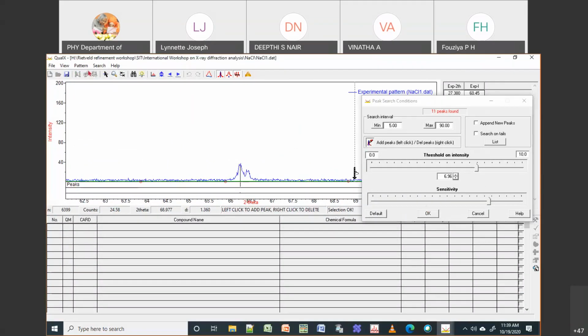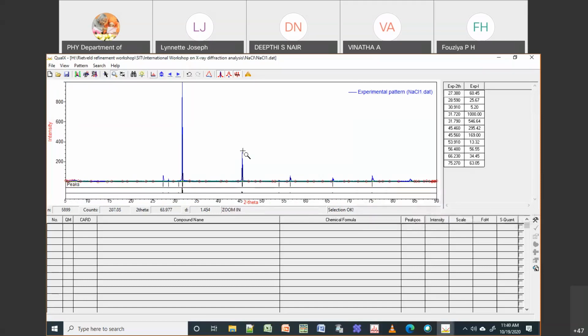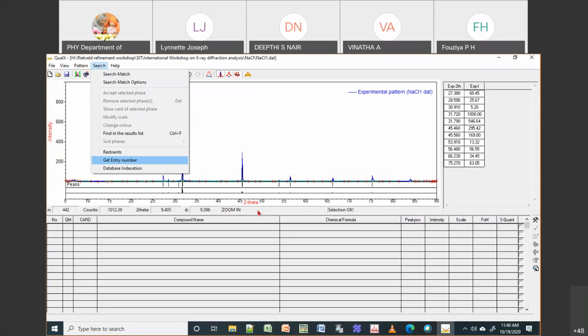As I know it is NaCl, I will do the search with constraints. I have sodium and chlorine in my sample. Then I will go to the search. Now if you see, it has already picked NaCl. I need to take this information, so I'll open it and keep it. Then I will go for the FullProf. I open FullProf and try to open the EDPCR. Then we will start again with a new EDPCR.